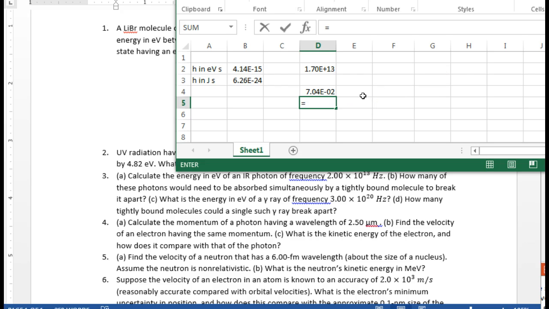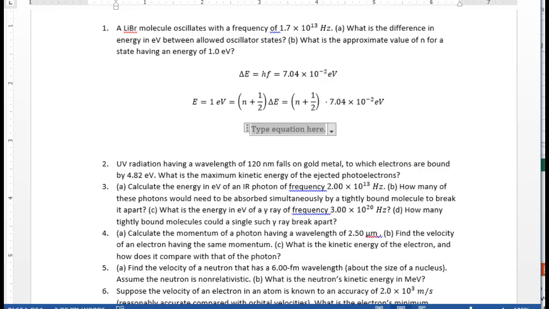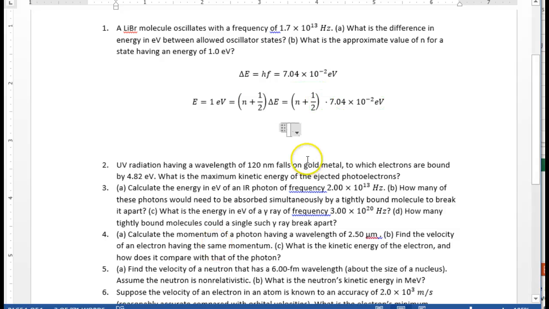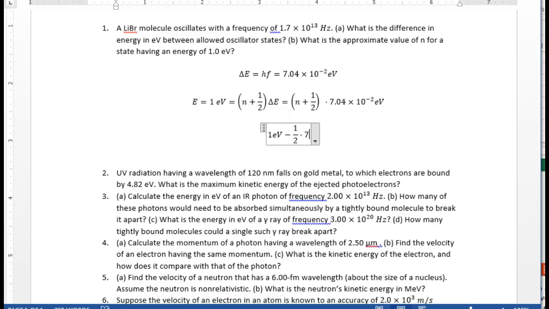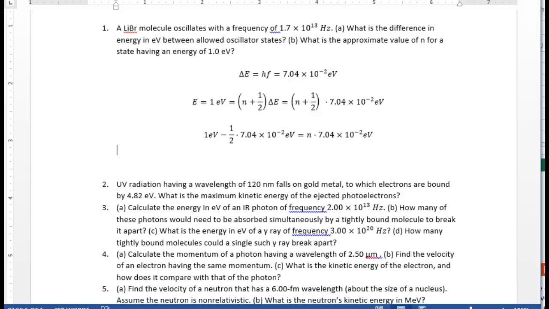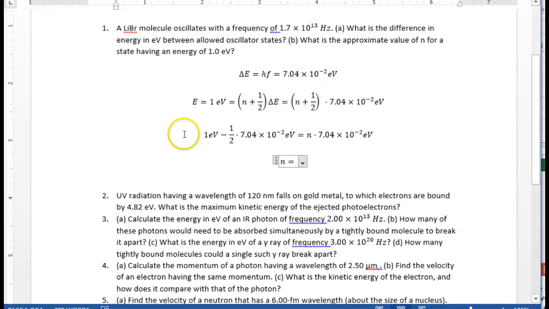So let me actually go through and do that for you on this side, all right? I'm going to take the half times this and subtract it from the 1 electron volt on the other side. So 1 eV minus 1/2 of 7.04 times 10 to the minus 2 electron volts equals n times 7.04 times 10 to the minus 2 electron volts. All right? And so then it's clear n equals all of this